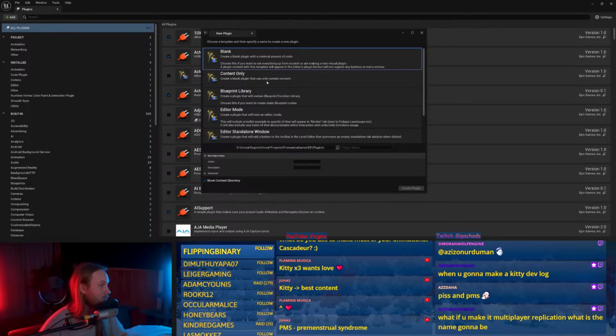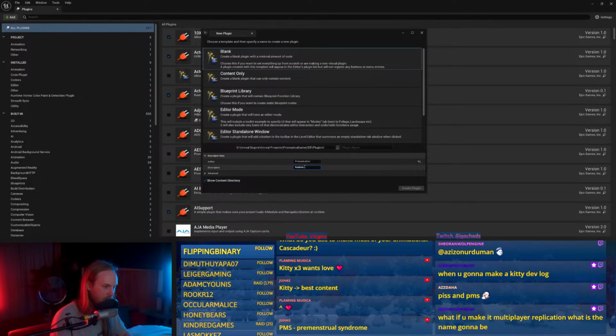Call it Prims. The Prismatica replicated inertial movement system. Like primordial boots in RuneScape. Prims. What does it mean, create a blank plugin that can only contain content? What does that mean? I think blank is what I want. Author, Prismatica dev. Description, physics. No, not physics. It's not physics based.